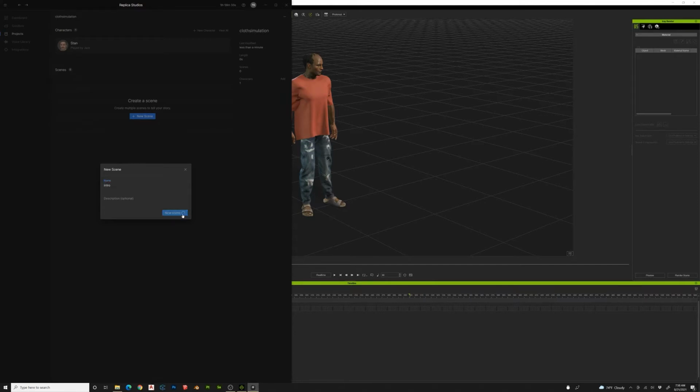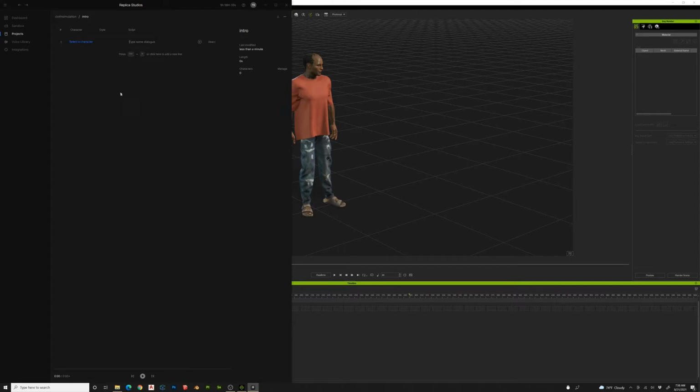Just call it intro. And I think you probably double click this. This is all very intuitive. We'll select a character, we'll select Stan, type some dialogue. All right. I think it's time to walk somewhere. So we'll say that, and